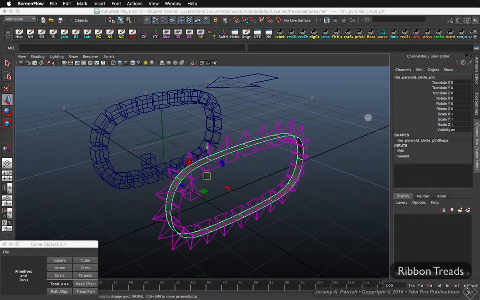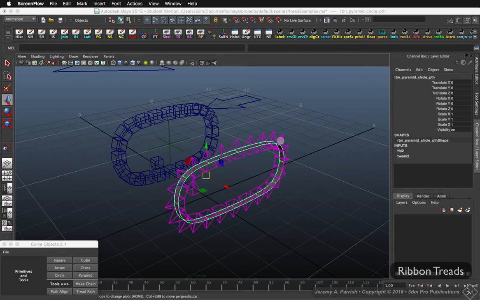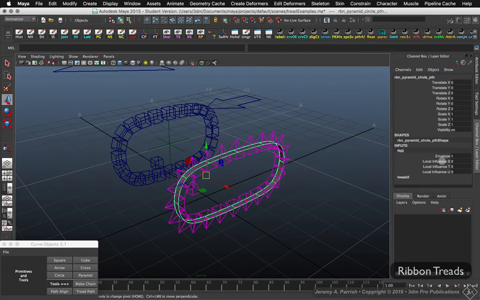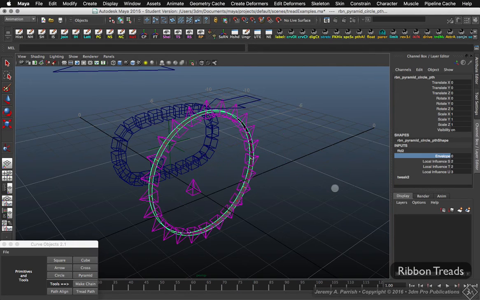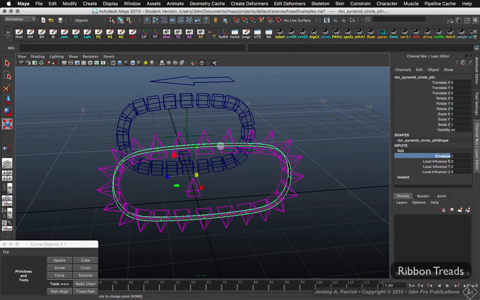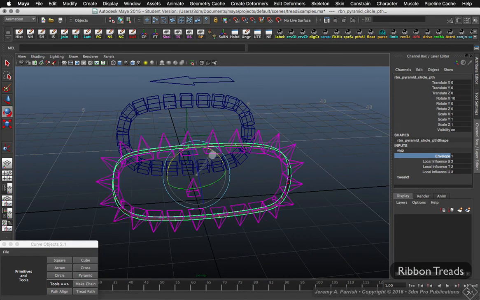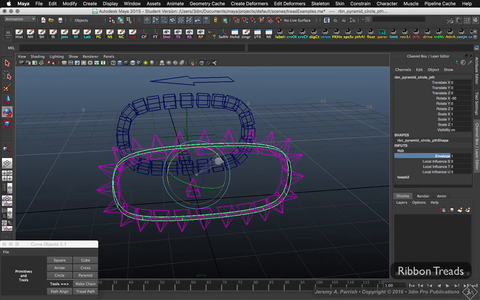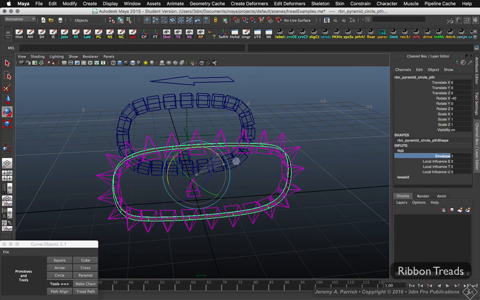Some time ago, I posted a tutorial that showed how to create tank treads by simply taking a NURBS curve or a NURBS cylinder and creating follicles on it, and then attaching the tread plates to the follicles, and then taking the entire cylinder and enveloping it inside of a lattice, and bending the lattice down into the tread so you can rotate the cylinder itself and create your tread easily, with no need to assign expressions to every single tread plate,